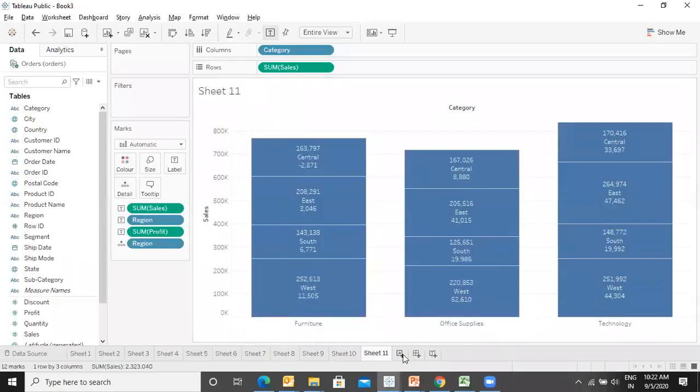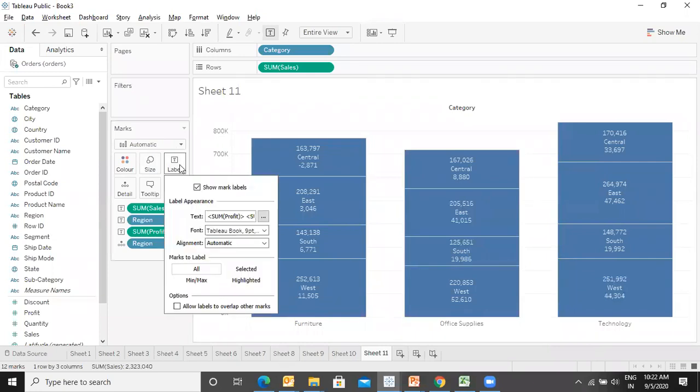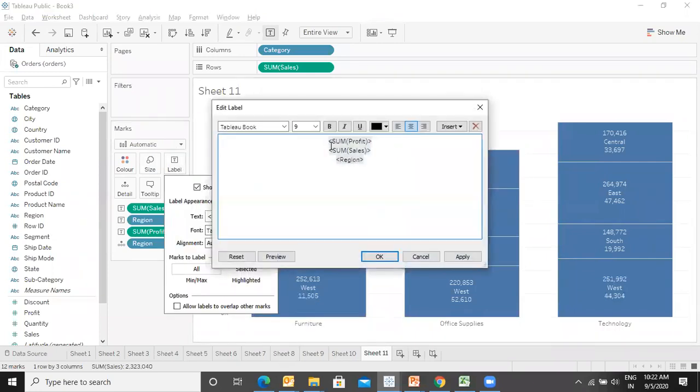One question on this. Yeah, please. In this bar chart, I've added 2 numbers, sum of sales, region, and sum of profit, right? Can we edit that, saying sales is this? Oh, yes, why not? You know that. Sales, you click on the label and put the sales. Okay. Profit. Revenue. Okay. Done. Thank you.